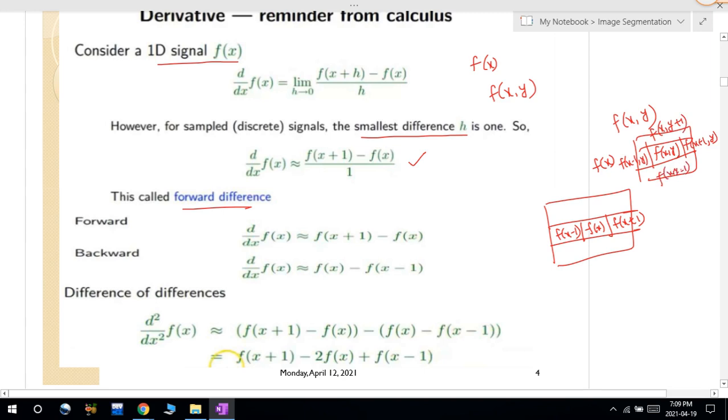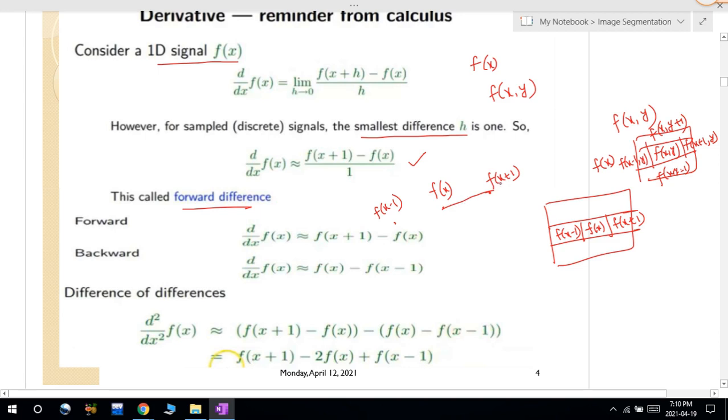So whenever we are considering a 2D signal, a 2D signal is nothing but your image format. We will consider x y. But in case of a 1D signal, like f of x only, I will take the points like this: this is your f of x, and the next point is your f of x plus 1, and backward, I will take it as f of x minus 1. Then the forward difference is nothing but the difference between these two, in the forward direction.